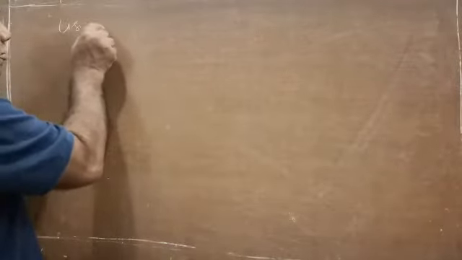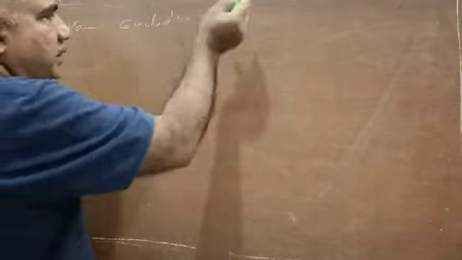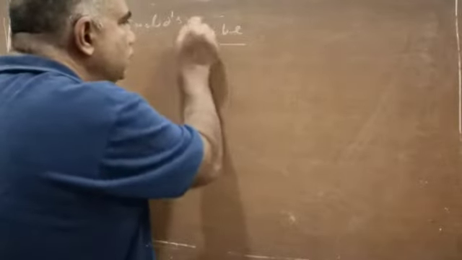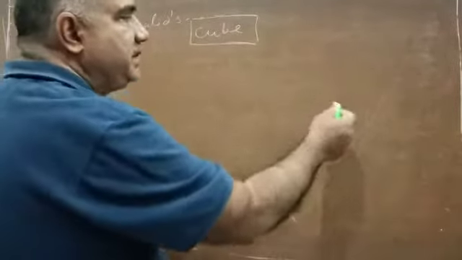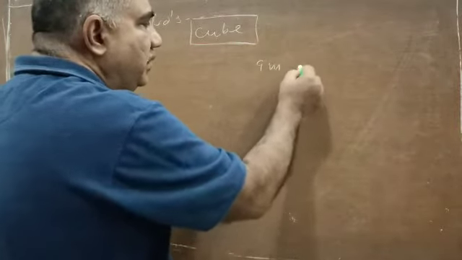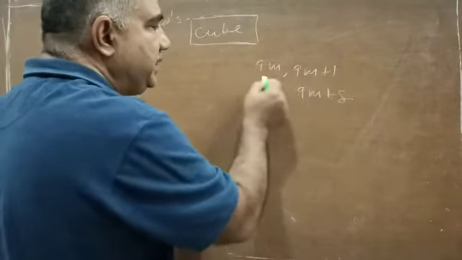Hello students, in this class of ours we are further going to see by using Euclid division lemma how positive integers can be expressed in different ways. So the question will be like this: using Euclid division lemma, show that cube this time is... Please, this you must take care of. Cube of a positive integer can be of the form 9m or 9m plus 1 or 9m plus 8.